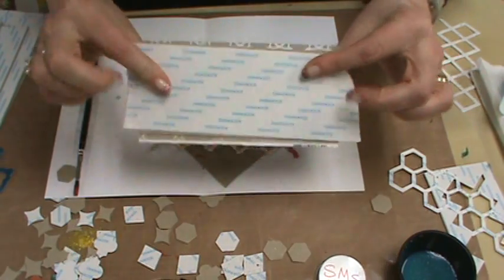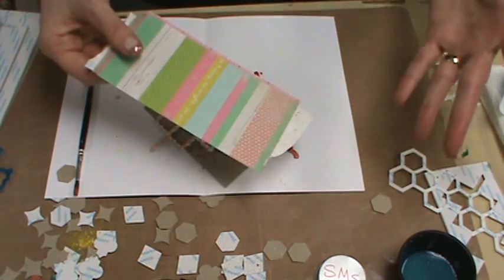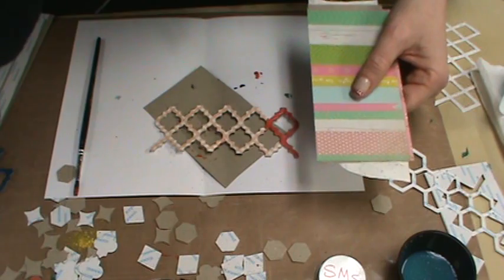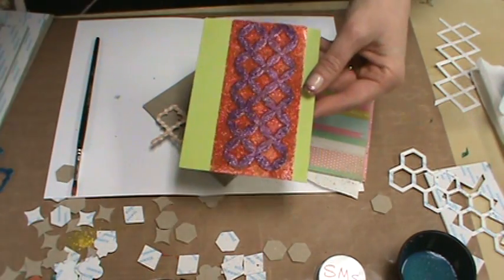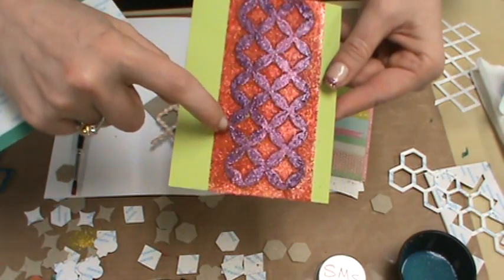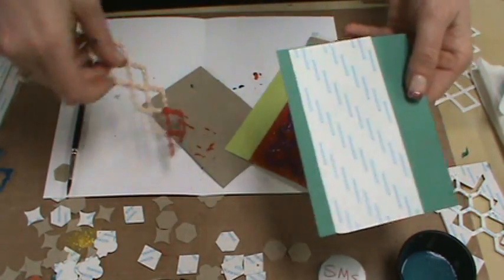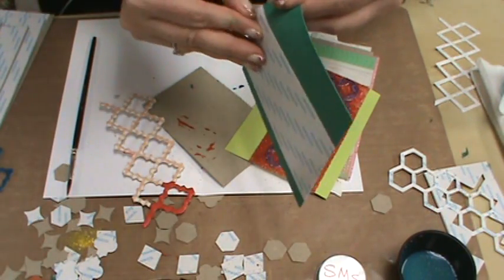So when you use the Sookwang on both sides, you've got a huge opportunity to just create and do whatever you want. However, if you are going to use a chunky glitter as part of your background, you need to put the Sookwang tape not on the back side of your die. You need to put the Sookwang on the top of your card when you're going to glitter, because we would then pull this off,